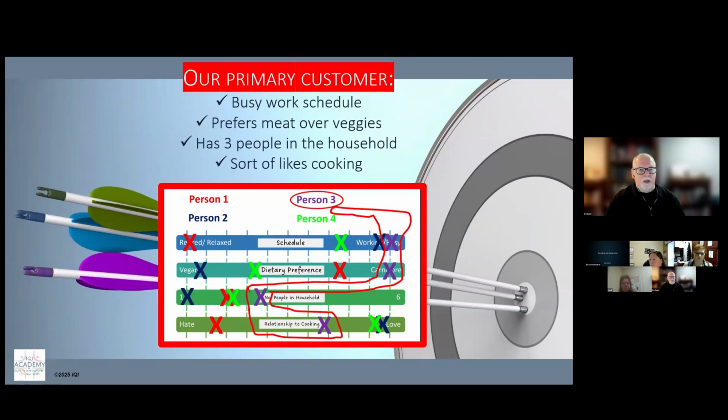So you're going to select a primary customer from 4 potentials. And you're making this up, obviously, right? So you're thinking of your person 1, 2, 3, 4 that you have in mind. You could have 2 residents and 2 employees if you want. You could have all residents, all employees if you want. And then just make sure the characteristics that you're working with are characteristics that you listed in your grouping.